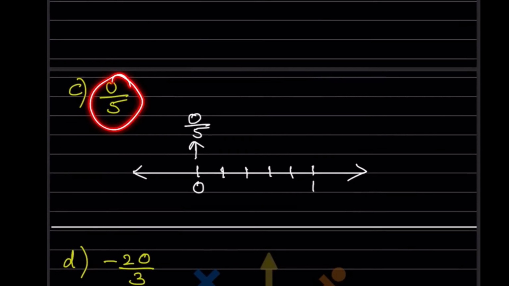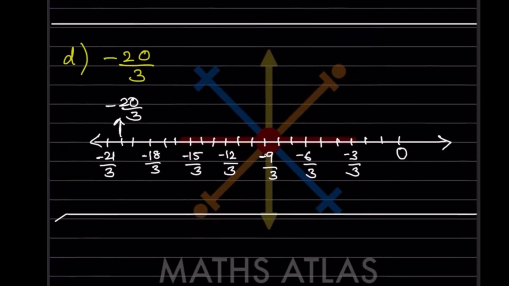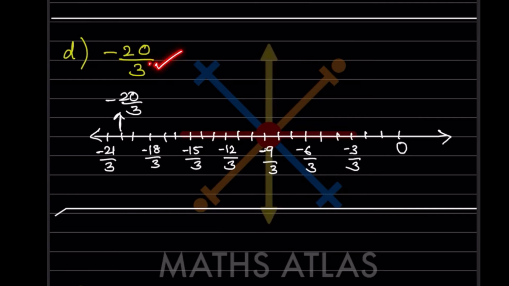Now this is 0 by 5. So 0 by 5 is nothing but 0. So you have to write it over, this is 0 by 5, the first one on the 0 itself. Now look at here, this is a bit different. Minus 20 by 3. Minus 20 by 3 means, of course, because this is minus, it will go on the